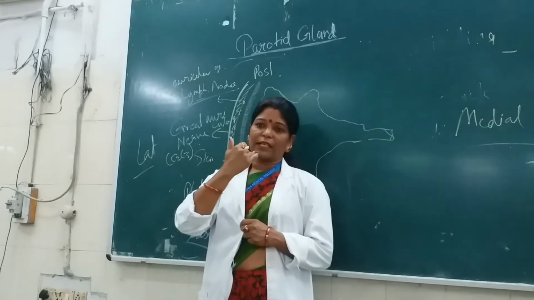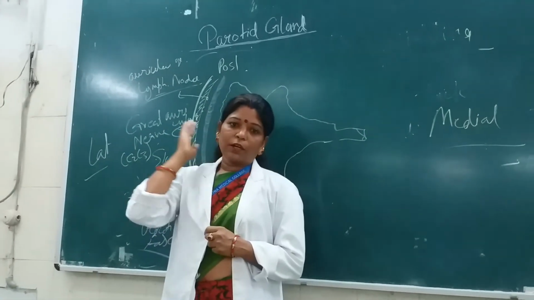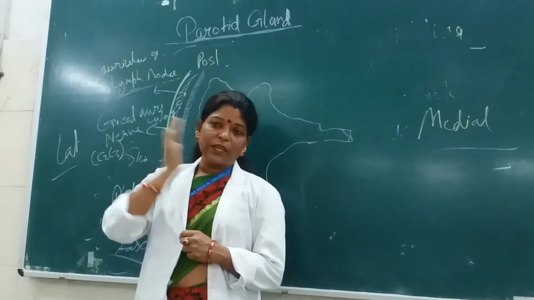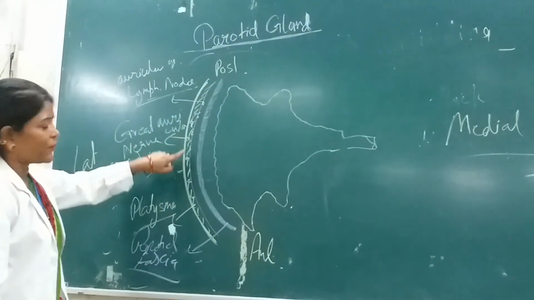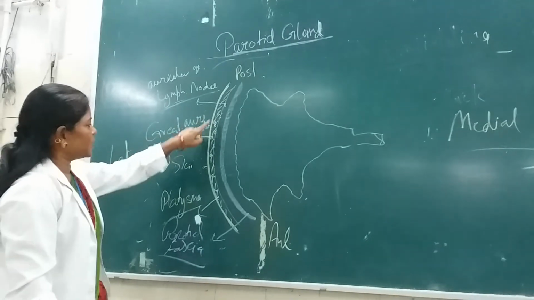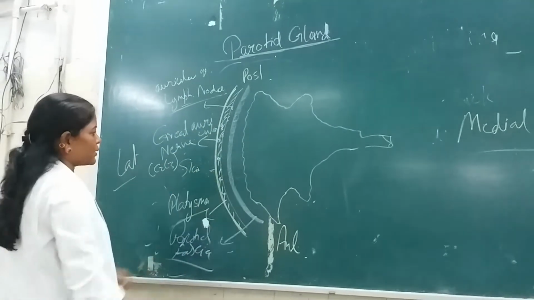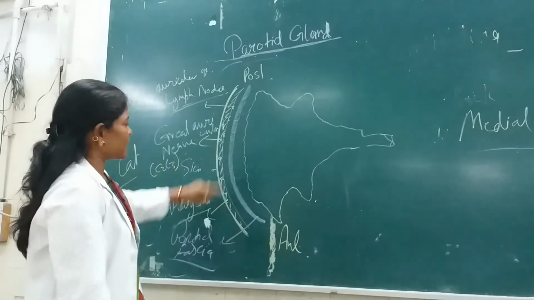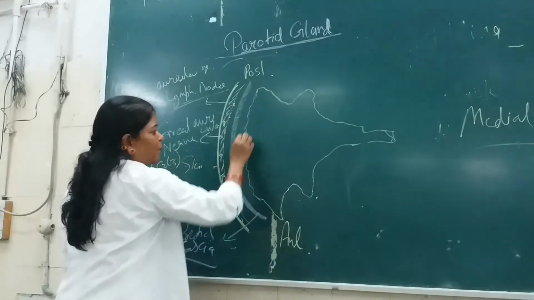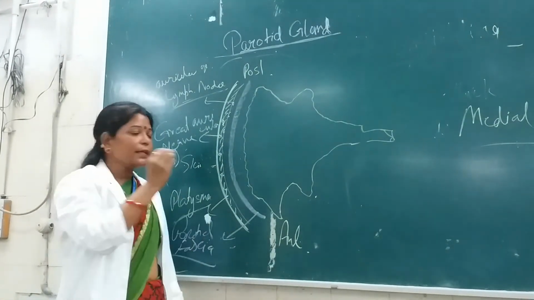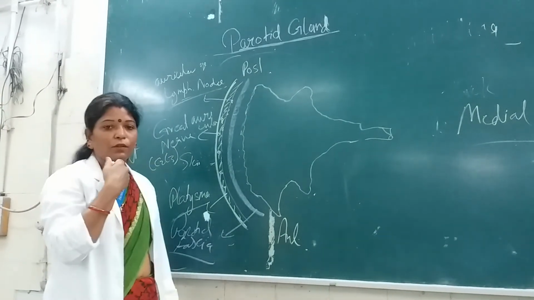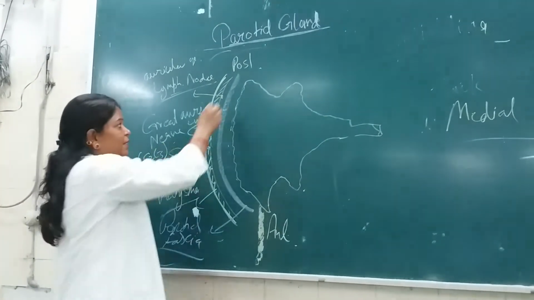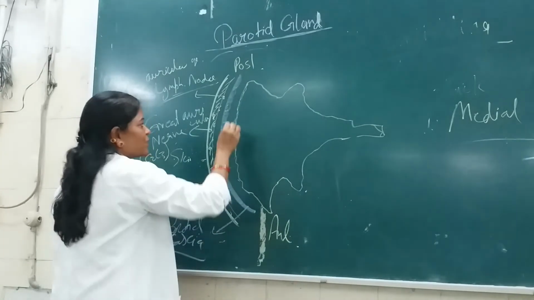so my right parotid gland, if I give the horizontal incision like this, then what should be the structure from superficial or from the outer to inner side? I have discussed the skin, the superficial fascia, the platysma, and the great auricular nerve branches. Then comes the deep fascia, then the substance of the parotid gland, and its superficial surface, that is the lateral surface.